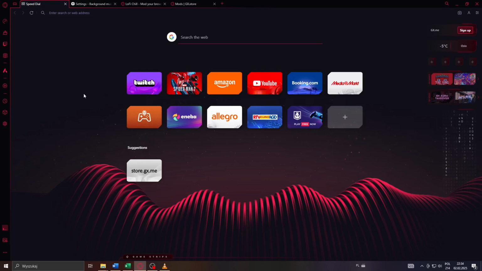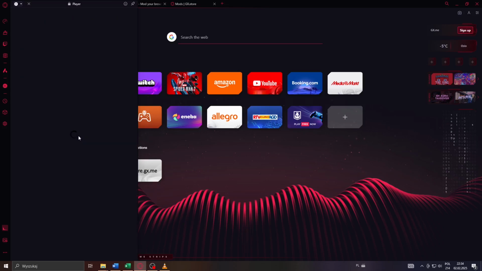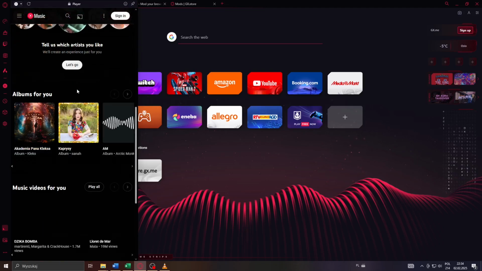An alternative would be to simply use various music providers out there, like for example Spotify, Apple or YouTube Music via Opera GX. You may do that by simply clicking on that player icon here on the left sidebar on your home screen. Click on it, select the music provider from the list below, like for instance YouTube Music, and